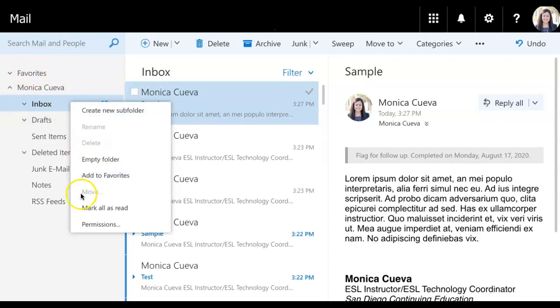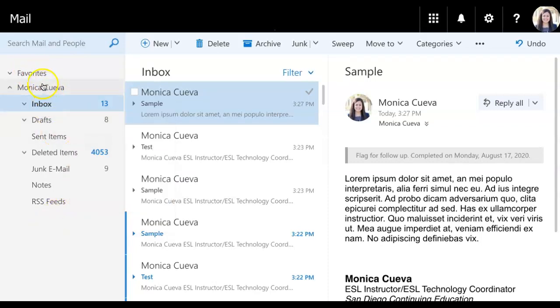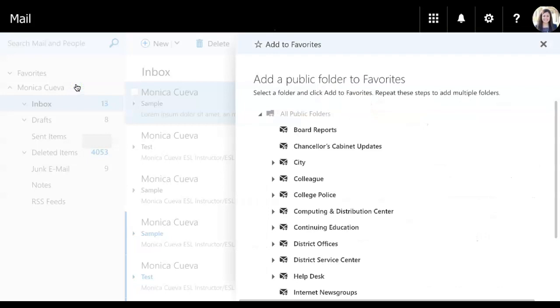So favorites is where we now access public folders. We have to first add the folder to favorites, and then we can view the folder. In order to do that, you need to right click on favorites. So you can see my cursor is on favorites. I will right click, and then I will select add public folder to favorites. And now you can see that these are all our public folders. I can select